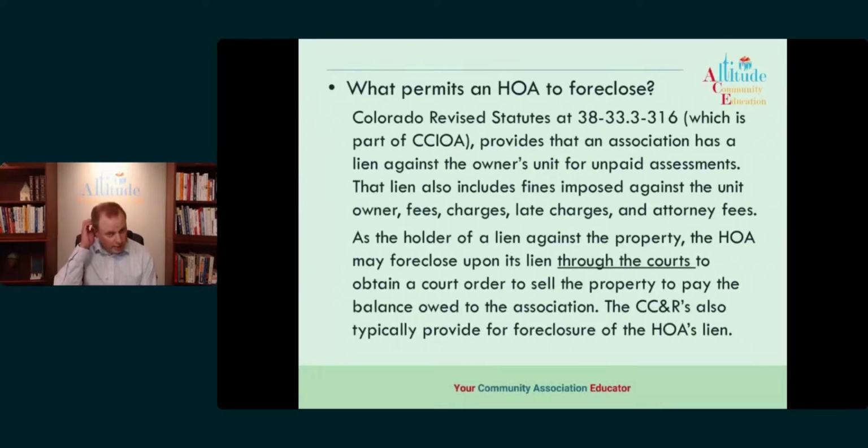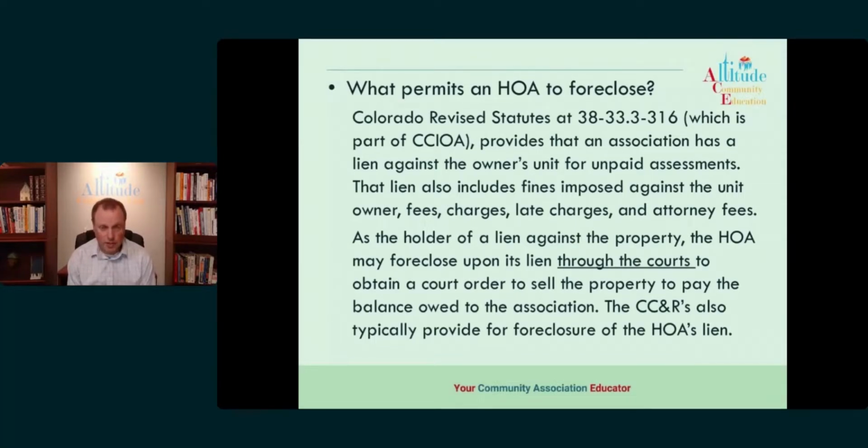Now, what permits an HOA to foreclose? So we have statutory ability to foreclose. Typically, there's also going to be language in your declaration that will allow you to foreclose. It's not going to be in every declaration, but it's typically spelled out that it's one of the options of the association. Now, pursuant to statute, Colorado Revised Statute